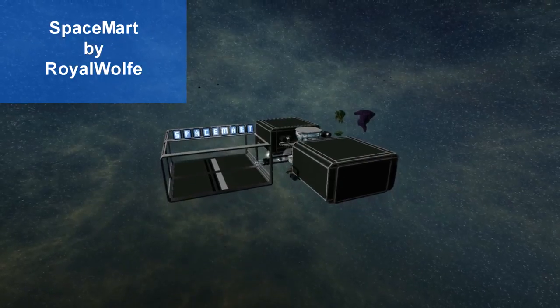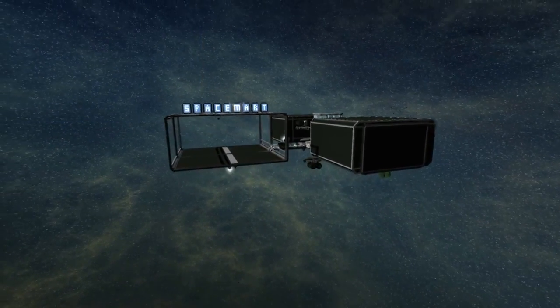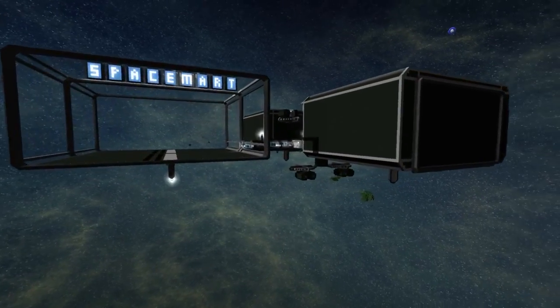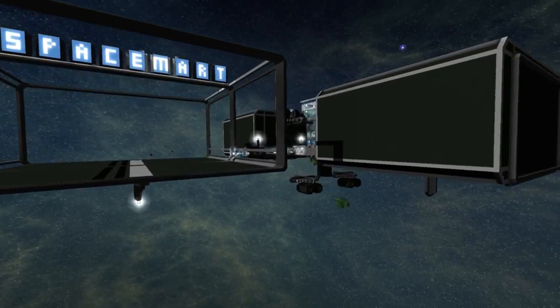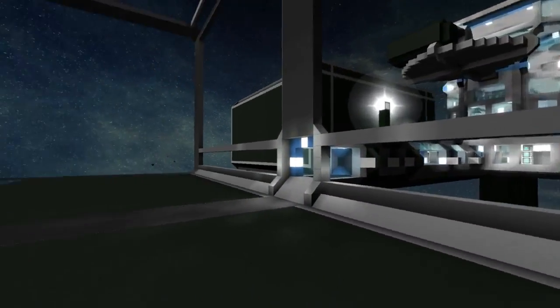So, as we can immediately see, there is a big sign saying Space Mart. In case you did not already know, it is some sort of establishment where people can go and shop for their space needs, right? So immediately we got like this big